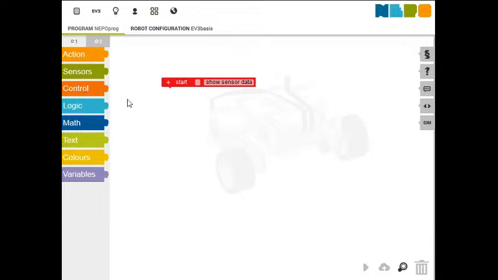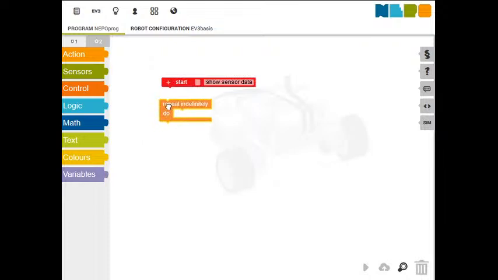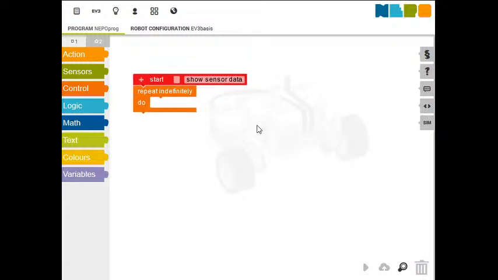So it's going to need to constantly check. So we're going to need a loop. So in control, we can find this repeat indefinitely block. This means you'll do it forever. And that's exactly what we want. So I'm going to click that in place. Repeat indefinitely. I can't zoom in anymore. There you go. And what am I going to do indefinitely? What am I going to do forever? Well, what I'm going to do